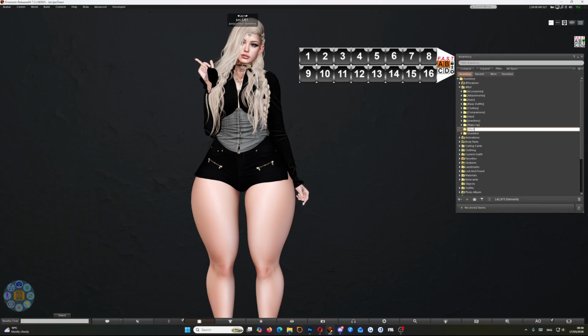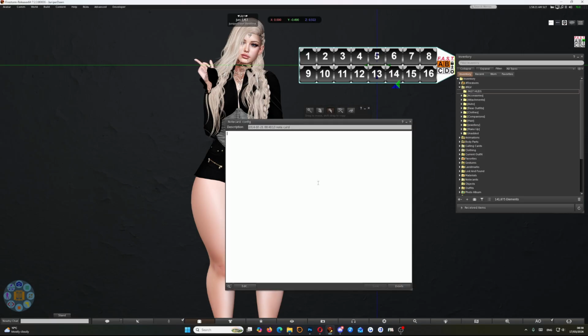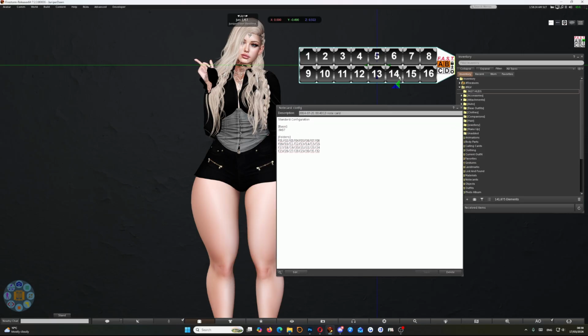Now, after that, you can name it whatever you want. I'm going to name it HUDs. And that is the name of the folder. And so you need to open the config that is in the actual HUD that you're wanting to use, and the base is FAST HUDs. Now you do need to put this dot here. There has to be a period there, and then FAST, that has to be there,